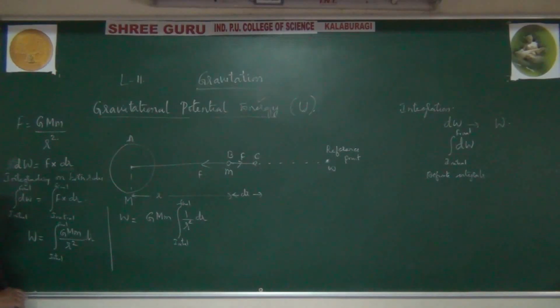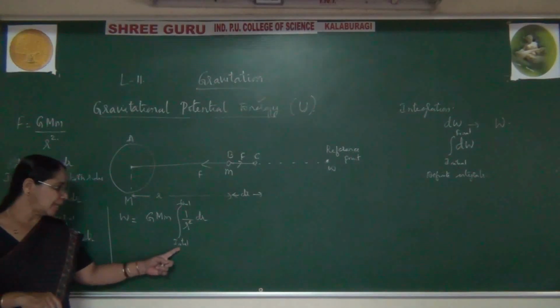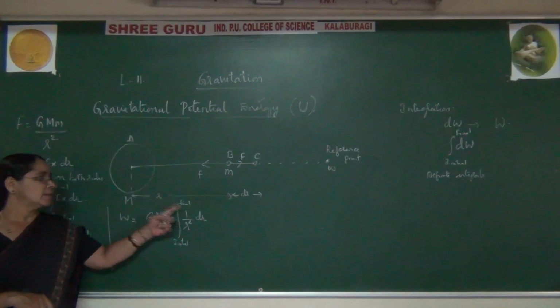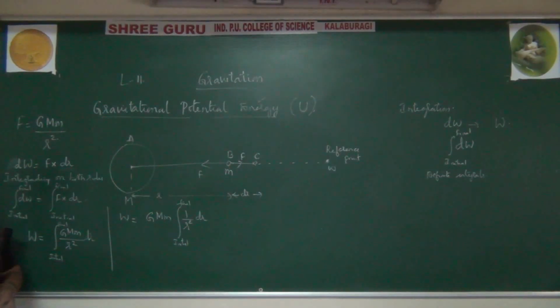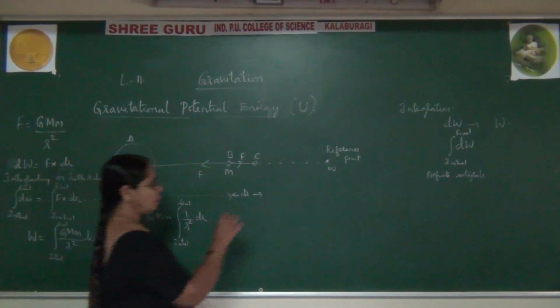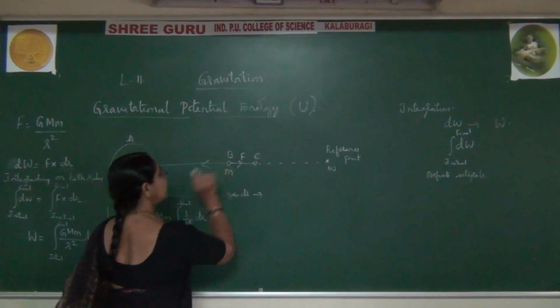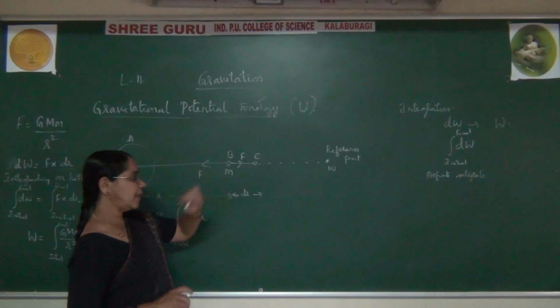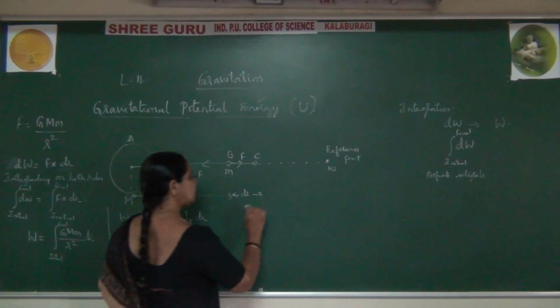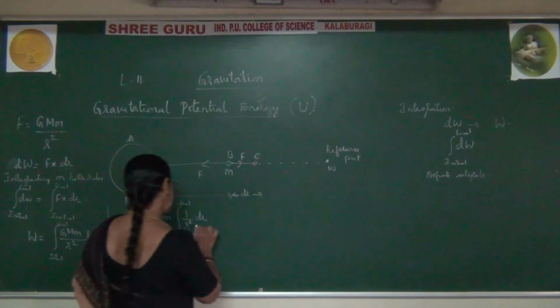Now, what is the initial point and what is the final point? The final point is bringing from one point to another point. So what is the final point you have here? The final point is nothing but infinity. Let me write, this is the final point, and this is the initial point. So the initial point is 0 and the final point is infinity. For your reference, let me write here 1 by r.